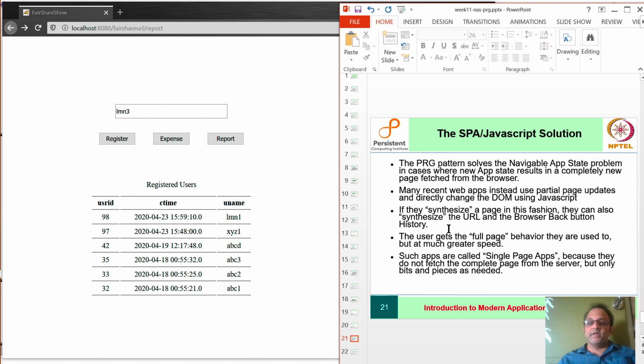So the user gets something like a full page behavior, but at much greater speed. And such apps will be called single page apps. But as far as the user experience is concerned, they will try to preserve as much of this addressability as is necessary for their application.